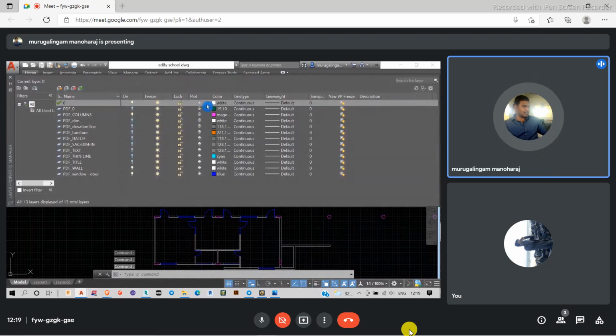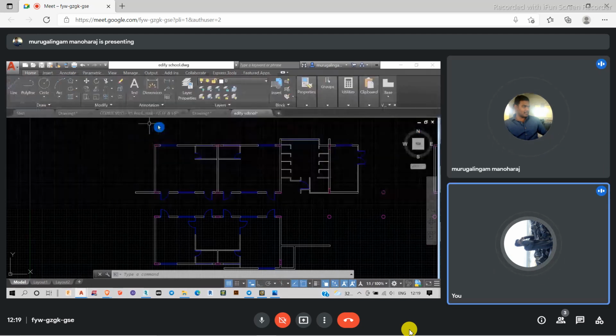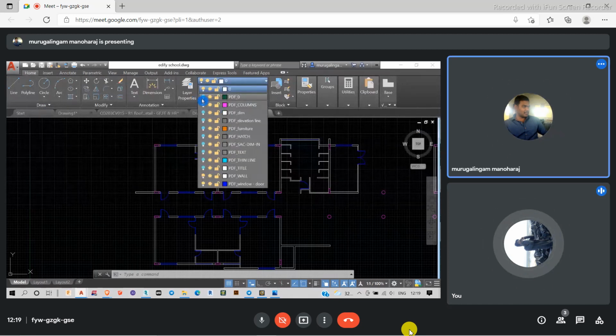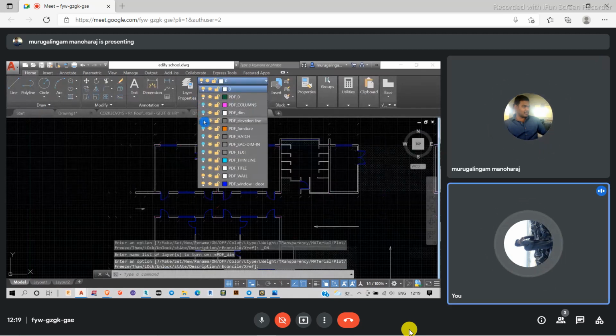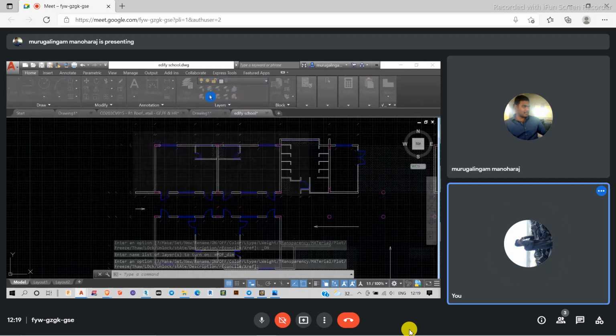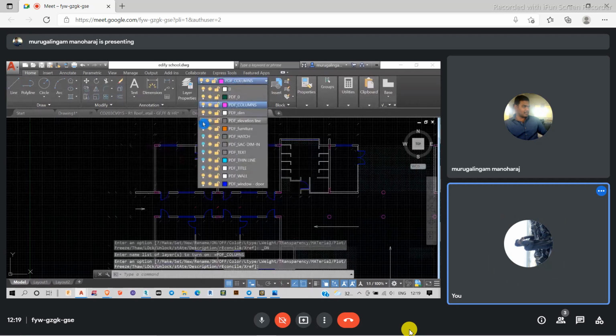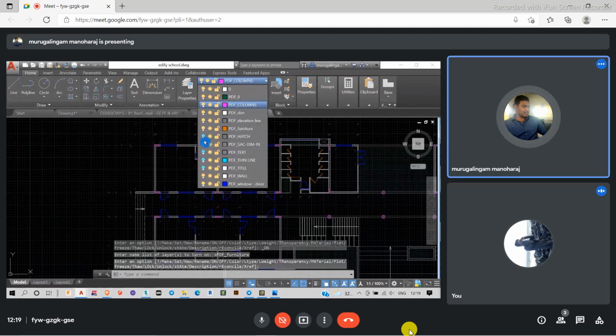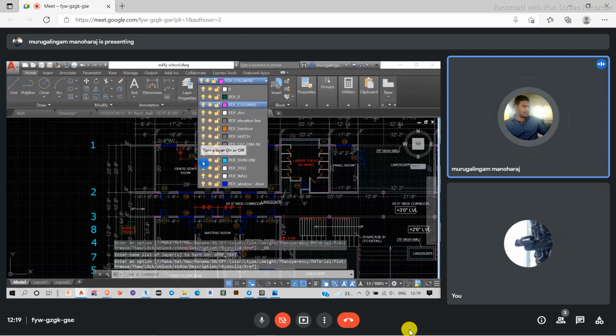For example, we have seen the color, line type, line weight, and apart from this, we have the lock and plot options. We'll see what those are. Let me turn on everything. The first option, the bulb icon, indicates what to show and what not to show.